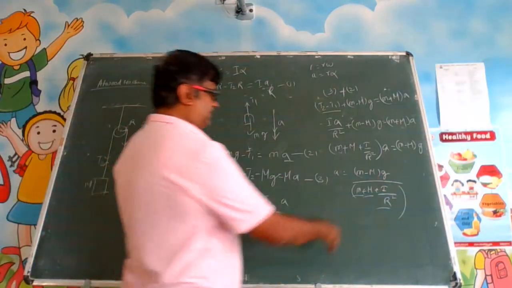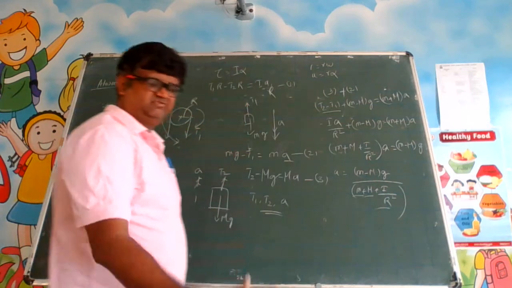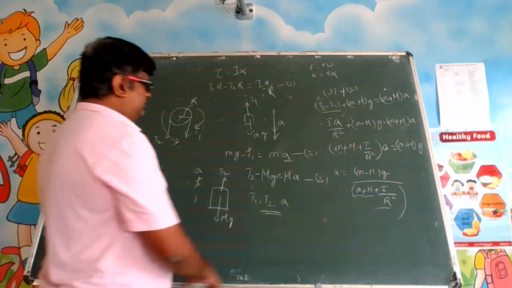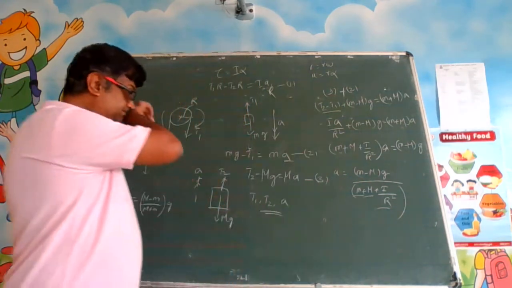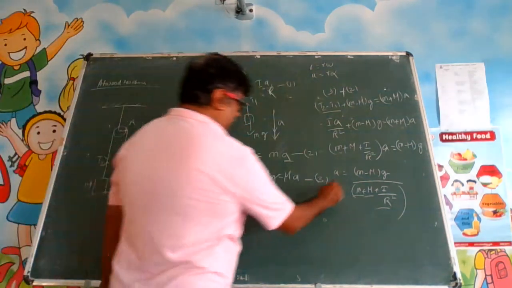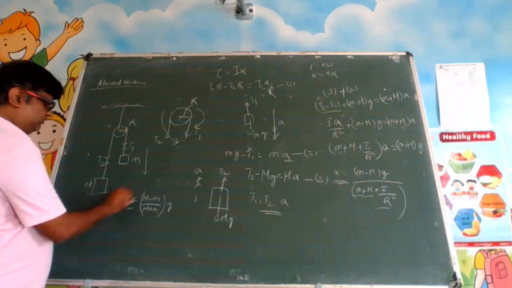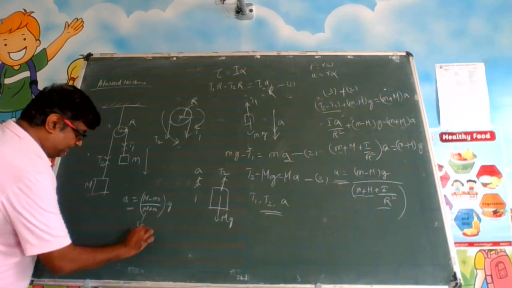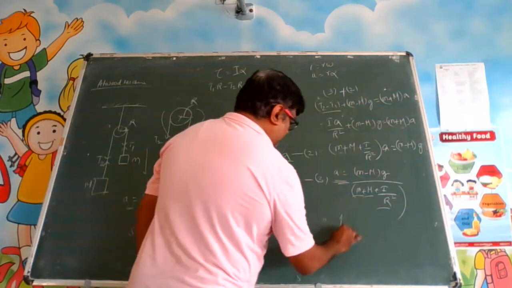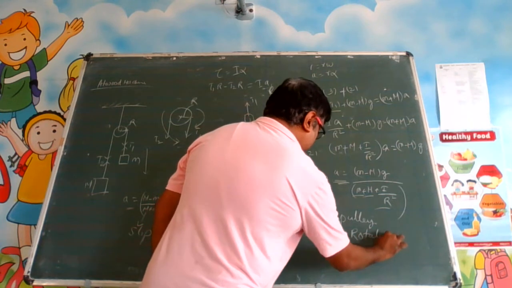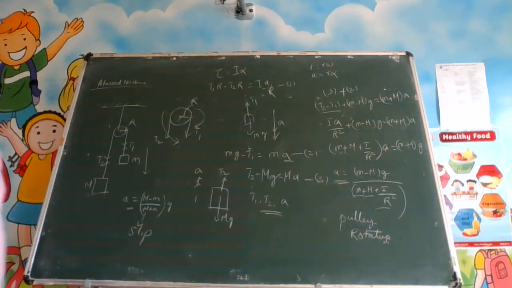You can rearrange this, take it from here to there and so on. That is all the maths part. I am not much interested. I am interested more in the steps formation, how it has happened. So here you can see the acceleration value is different. There the acceleration value was different. This is the case of slipping. Here, fully rotating. So know the difference between these two. Make a note of this point.